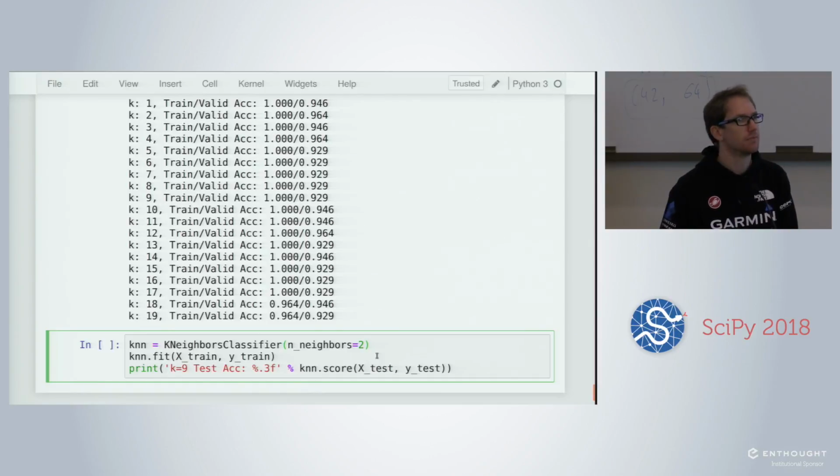And why is it X train and Y test? Okay. Sorry, it was just off the screen. Okay, so because this one will be totally at the end when we find our best neighbor.